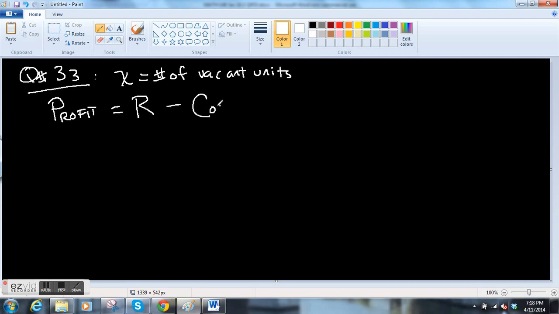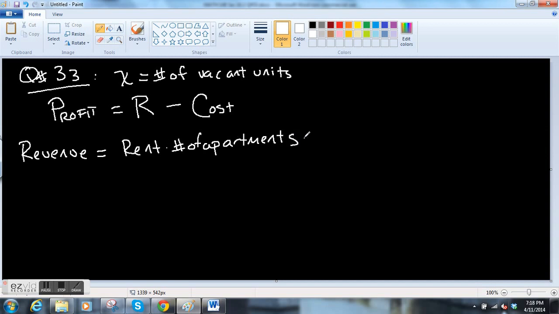The total profit is the revenue minus the cost. Well, we don't know the revenue and we don't know the cost function, but here's what we do know. The revenue, how much money you're going to bring in, is going to be the rent that you're charging times the number of apartments that are rented. Does that make sense? If you're renting 50 apartments and they're charging $100 a month, your revenue is 50 times 100. So in this case, the rent that you're charging, this is a tricky piece, is $720